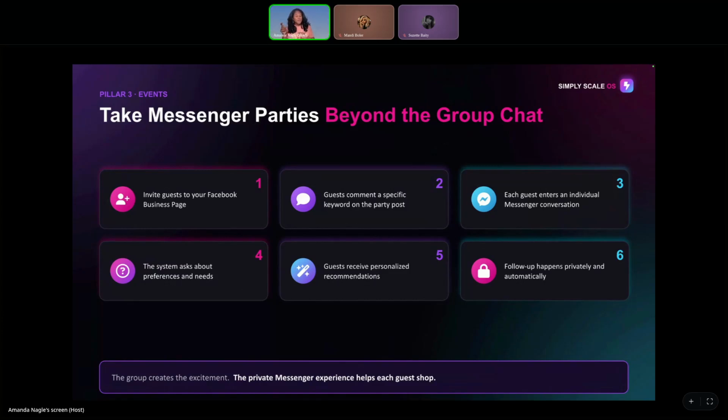And you can even set it up where everything is tagged based on their answers. Okay. And you are actually customizing it. The system isn't customizing it. You are customizing it inside of the system about how you want them to go to the next thing. And then follow-up happens privately instead of in the group chat, and automatically when they're going through it, but then you can step in and actually now know what they're needing without having to literally waste hours.